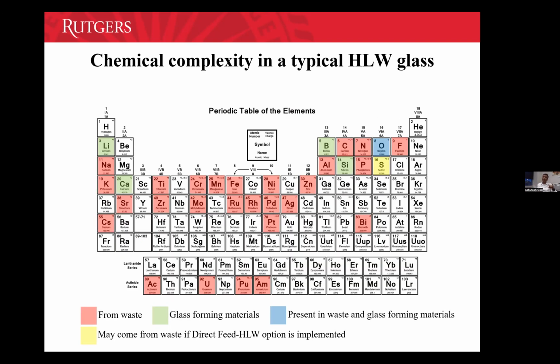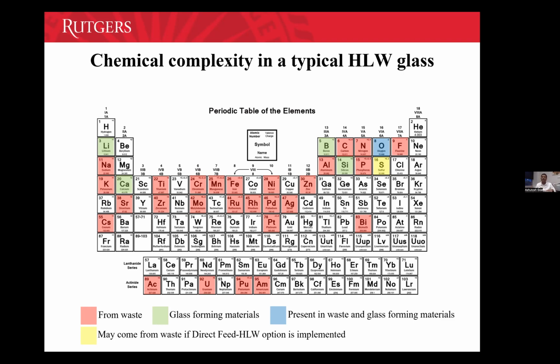But then the challenge is that nuclear waste glass is highly, highly complex. Here I'm just giving you a snapshot of what a high level waste glass looks like. I usually joke with my PhD students to put up a periodic table and throw a dart at it. Whichever element it hits, most likely that element is present in the radioactive waste. Basically, the radioactive waste tanks at the Hanford site are like a kitchen sink.